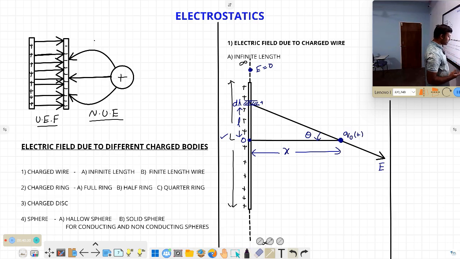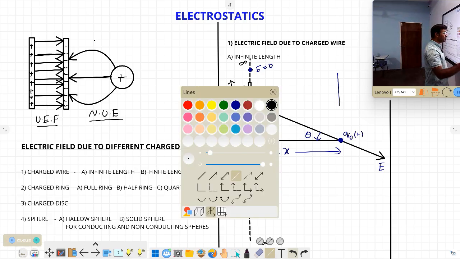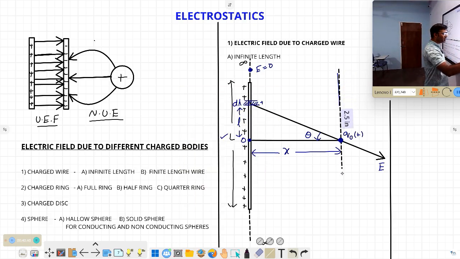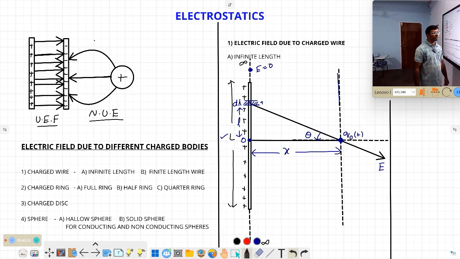To solve it, at this point imagine a coordinate system. I am taking the coordinate system here, one is the y-axis, second is the x-axis, because electric field is a vector quantity. That electric field vector is not along the x-axis or along the y-axis, it is making some angle here. So using the component method and some integration methods, we can calculate